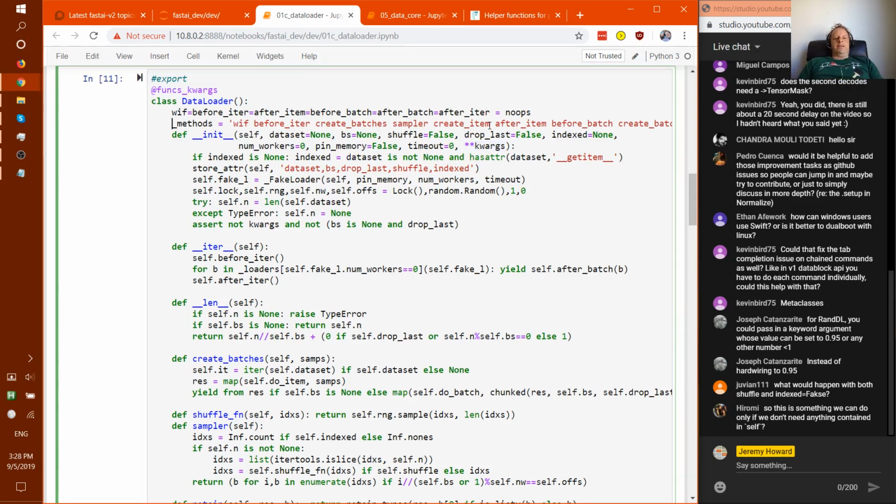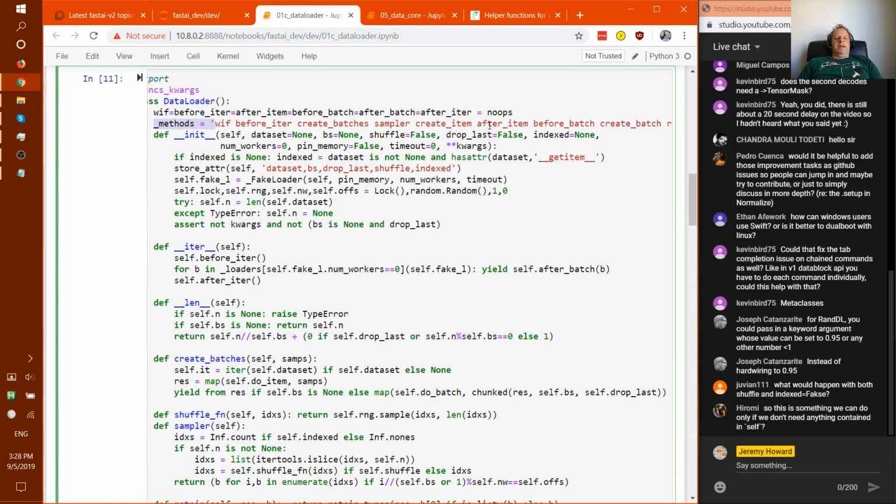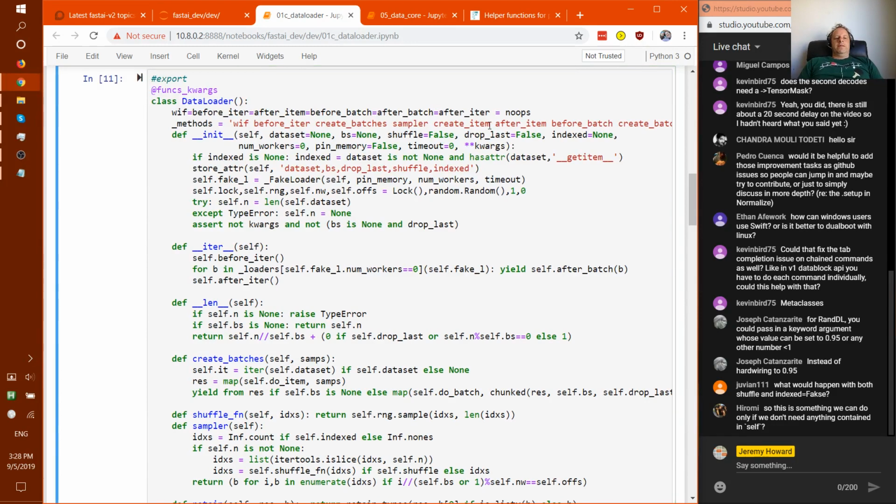The quargs is actually this list. And so it's going to automatically grab any quargs with these names, and it's going to replace the methods that we have